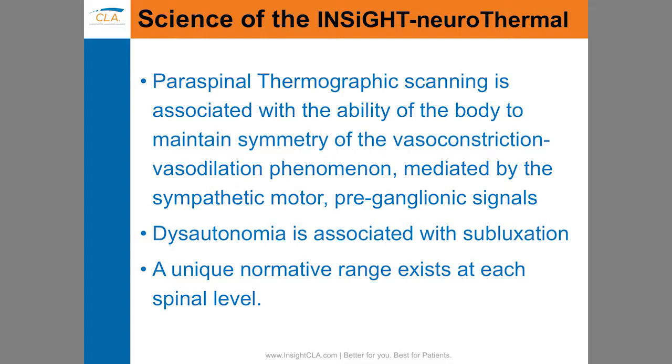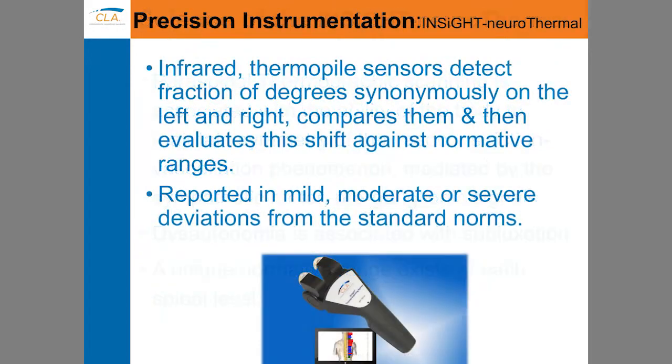So as we've said, dysautonomia is associated with the subluxation. If you interfere at a spinal level with the sympathetic preganglionic motor signals, then what you're going to get is dysautonomia, and we can measure that using the unique normative ranges that exist at each level. So you need precision instrumentation, and this is where I get a chance to really proudly show off the